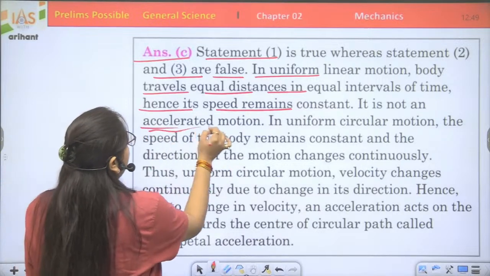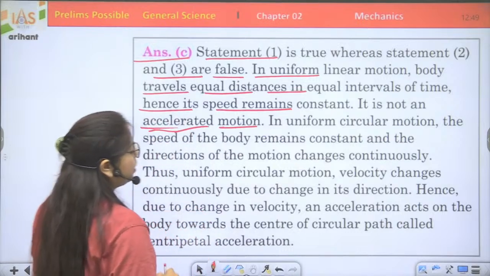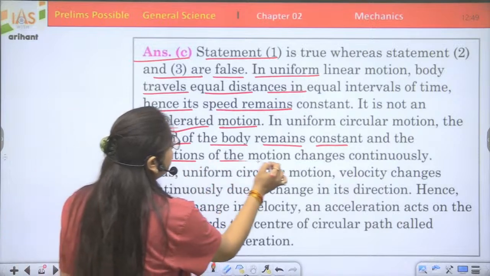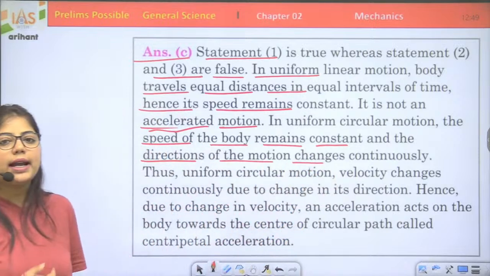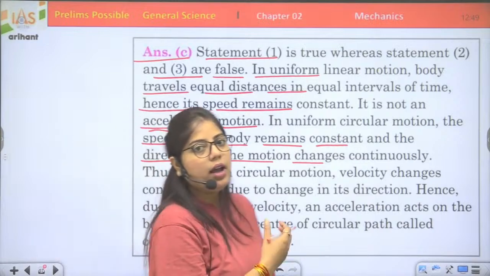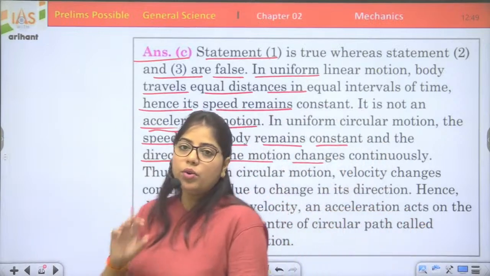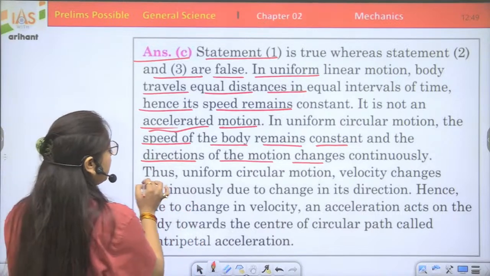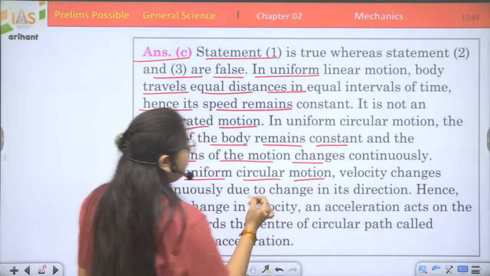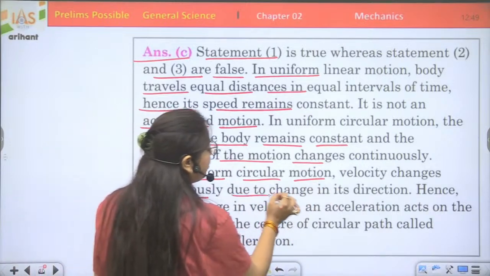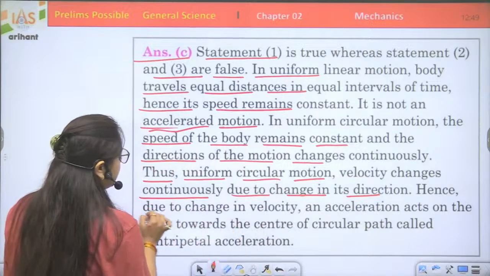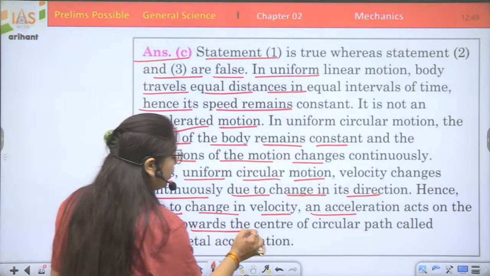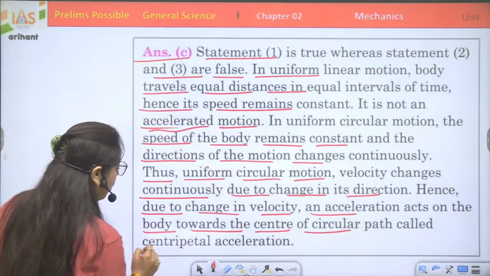It is not an accelerated motion. In uniform circular motion, the speed of the body remains constant and the direction of the motion changes continuously. As I told you before this explanation, I told you everything about uniform linear motion and uniform circular motion. What are they? In uniform circular motion, velocity changes continuously due to change in its direction. Hence, due to the change in velocity, an acceleration acts on the body